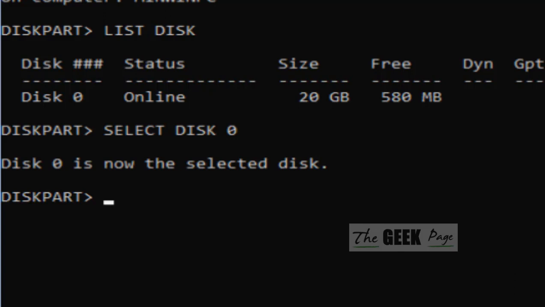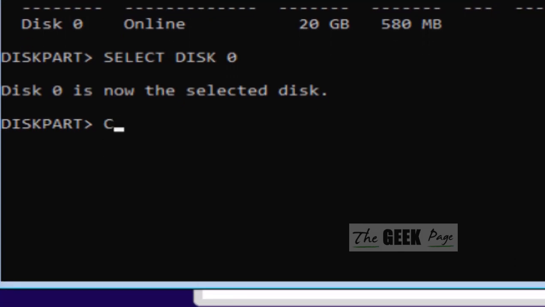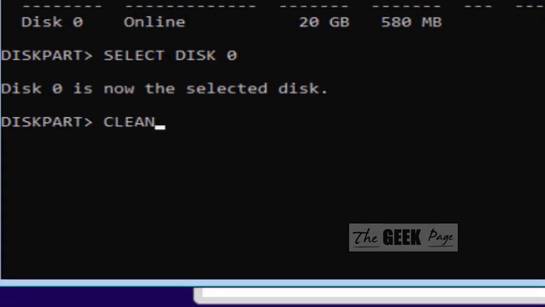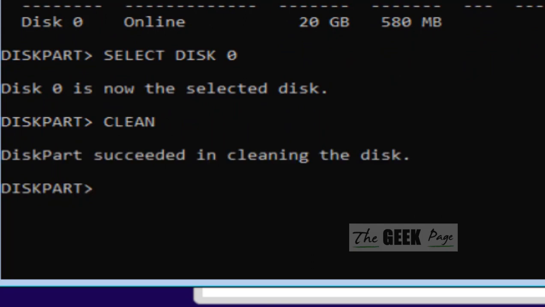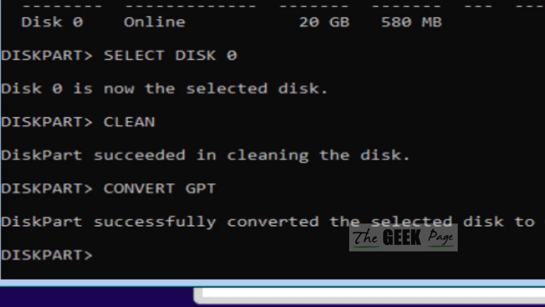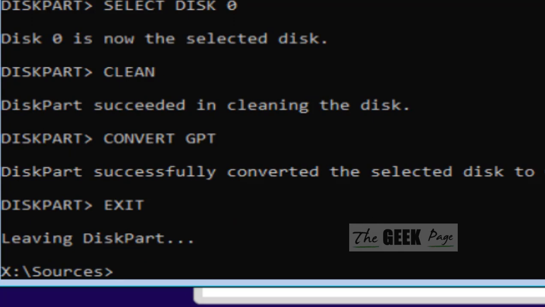hit the Enter key. Now you have to write clean, hit the Enter key. Now you have to write convert GPT, hit the Enter key. Now you have to write exit finally, and now close the command prompt window and continue with the